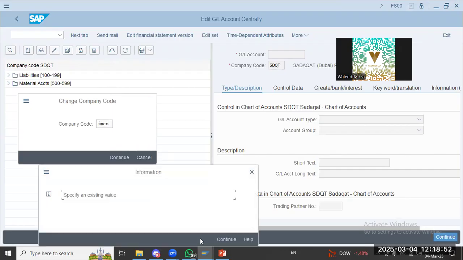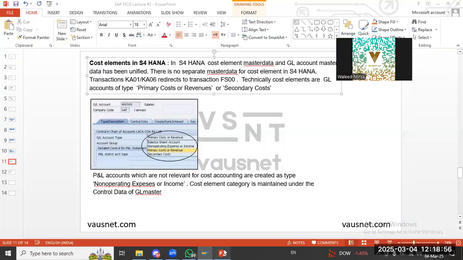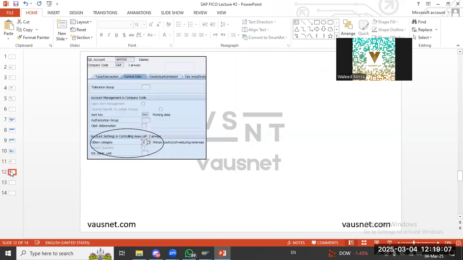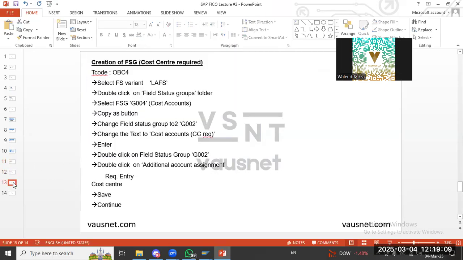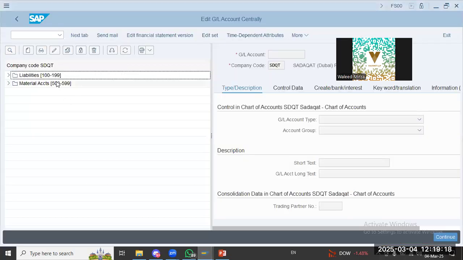And we can change the company code. We do not have an account yet. P&L accounts which are not relevant for cost accounting are created as type non-operating expense, and cost element categories are maintained under the control data of the GL master. Okay. Okay. So let's